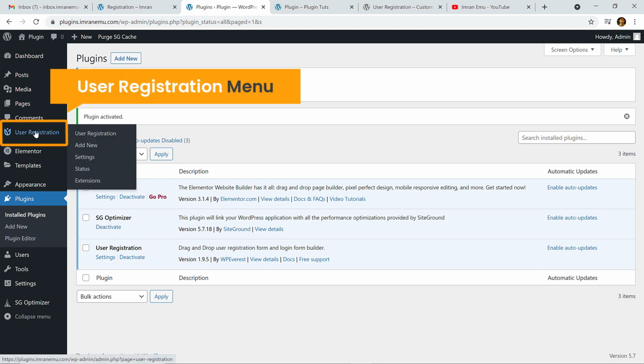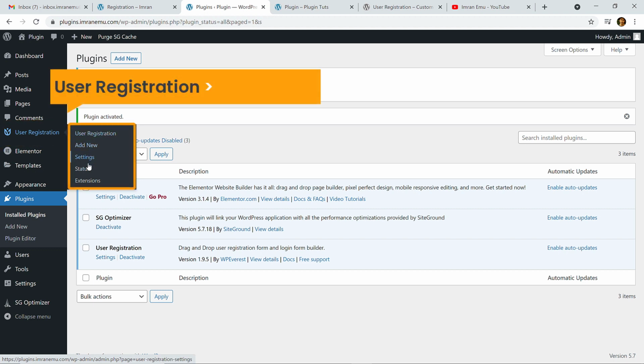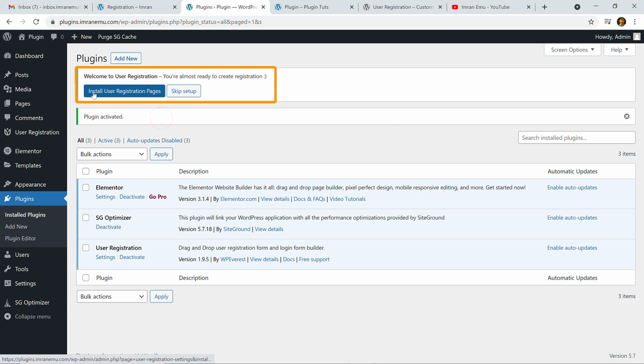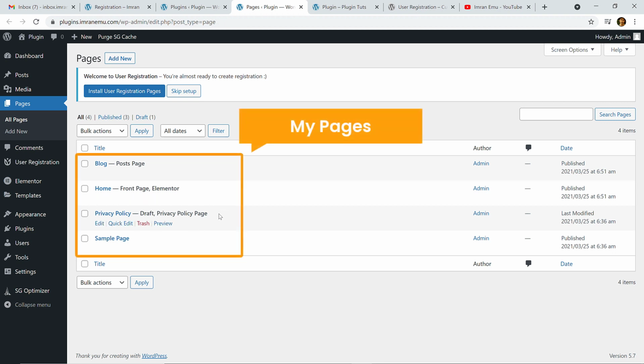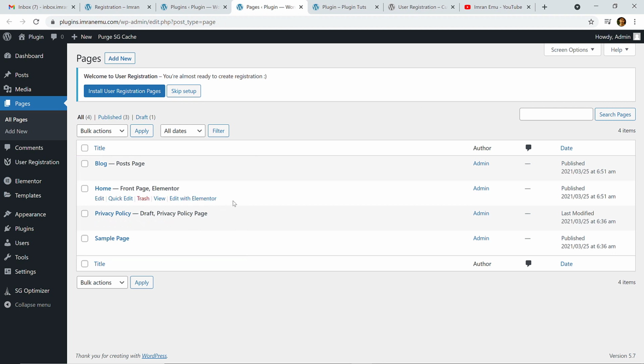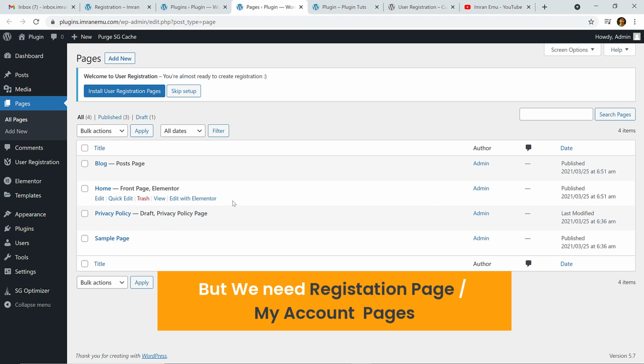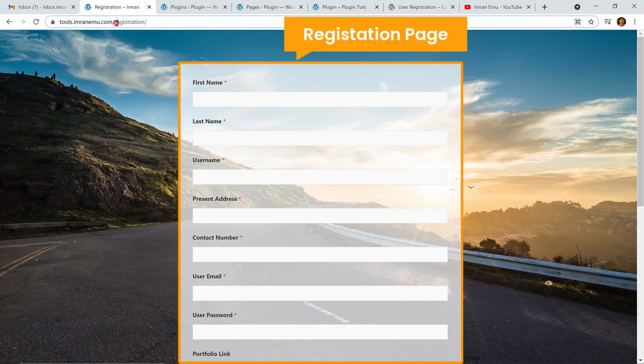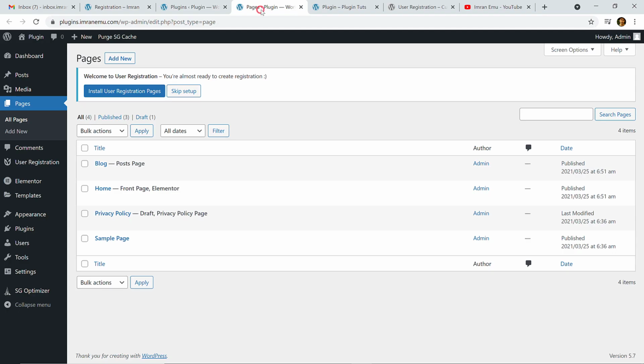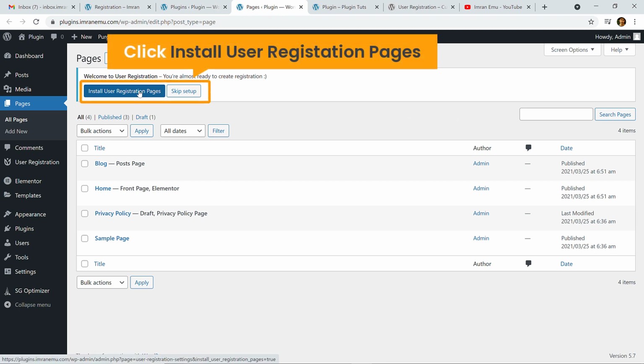And here you can see a new menu, User Registration. If I hover over it, you can see several submenus: User Registration, Add New, Settings, Status, and Extensions. And here you can see one notification, install user registration pages. You can see several pages on my site, but to integrate the registration plugin, we need a registration page or My Account page, any kind of page. I have created a page called registration. If I click on this button, the pages will be installed automatically. Just click on it